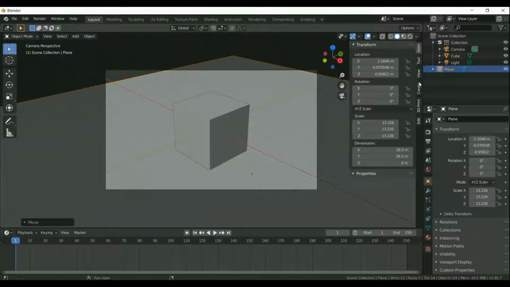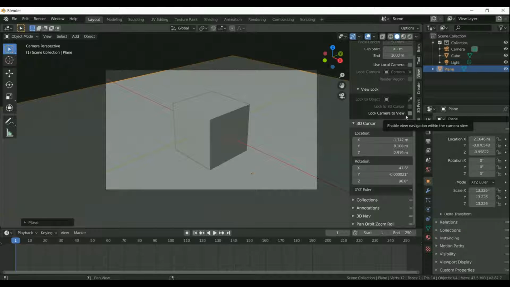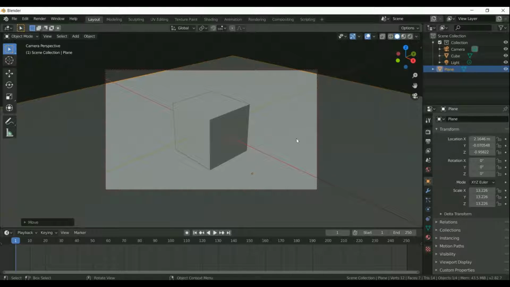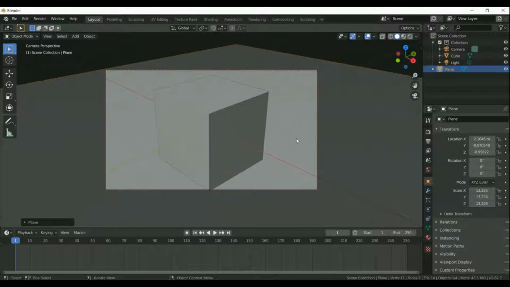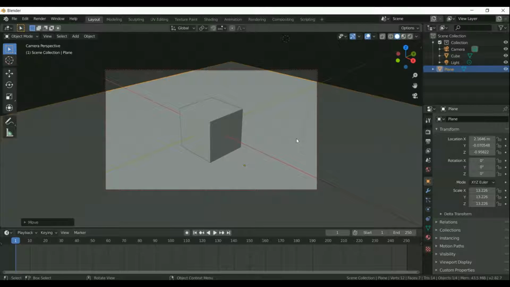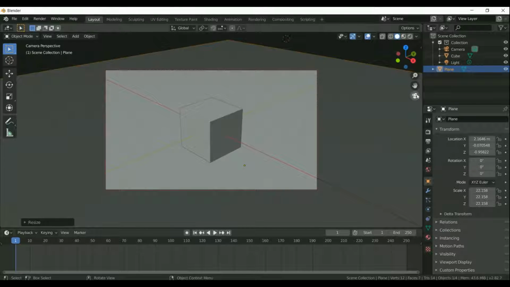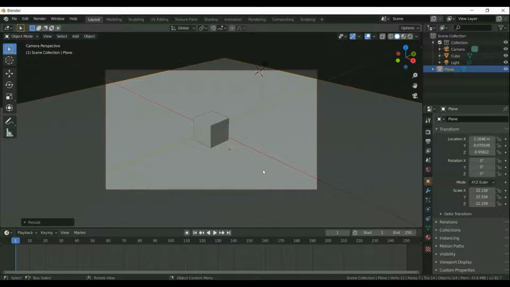It is mainly item, tool, view, create and 3D print. So click on view, there is an option called lock camera to view, and click on lock camera to view. After enabling that, and also clicking N, and it goes out, you can see that while making our scene, the camera is locked throughout our scene for easily doing the animation. So let's switch to the camera view, and let's just make it some more small, and let's move the cube.